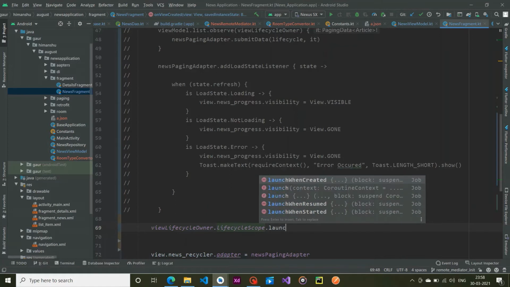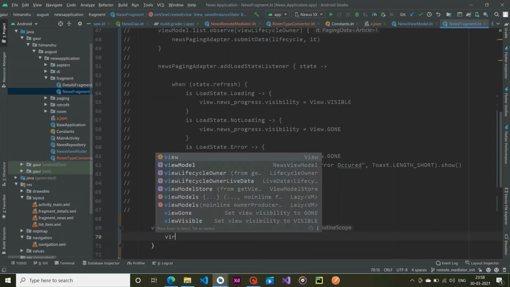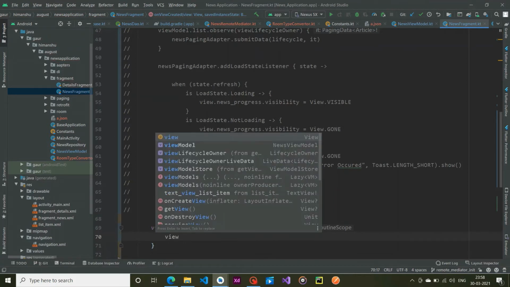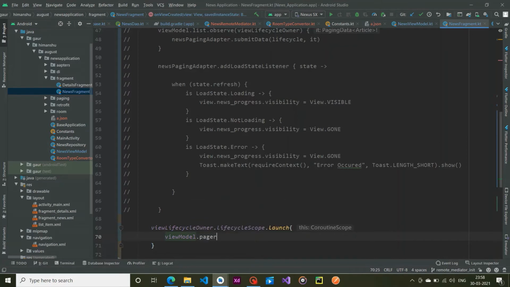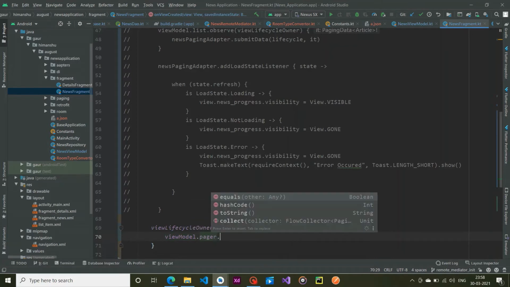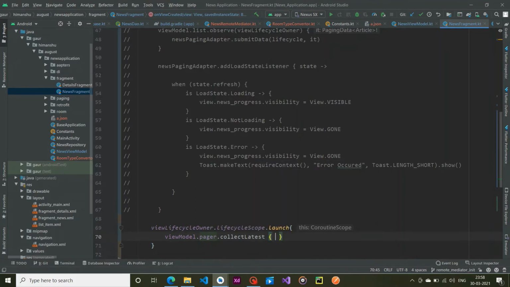I'm going to launch, and within our launch we actually use the pager. Sorry, really sorry. First the view model, and then in our view model we actually have our pager. All right, so this is fine, and I'm using collect latest because we are using flows, so that is why we are using this collect latest.